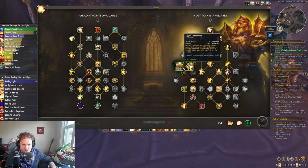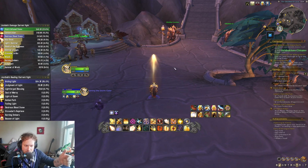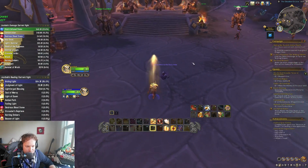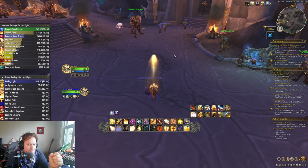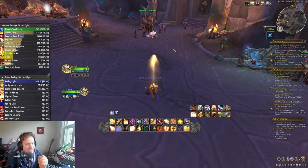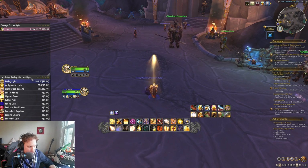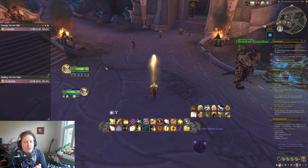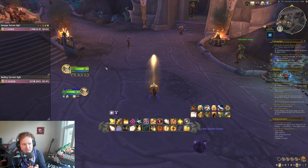Light's Hammer, of course, generates 1 holy power every, I think, 4 seconds or so. So it ends up giving you 3 holy power over the duration of the ability. But being able to just run around and be like, oh, I need to heal, I'm going to heal myself, and then I'm going to Word of Glory somebody else immediately. That immediate on-demand response is really important to understand, because it's so important for healers to have that kind of on-demand healing. And that is the absolute biggest upside to Holy Prism versus Light's Hammer, is that on-demand 3 holy